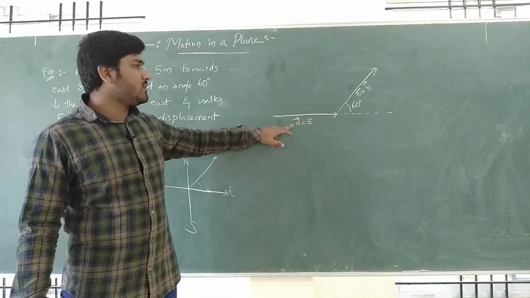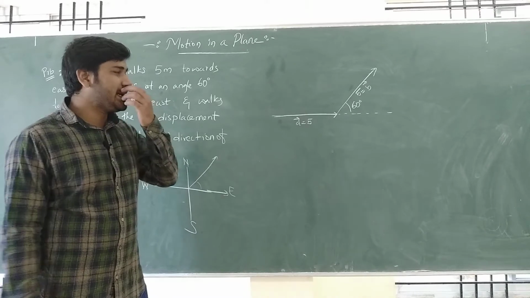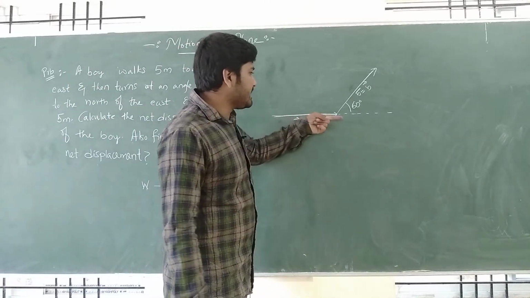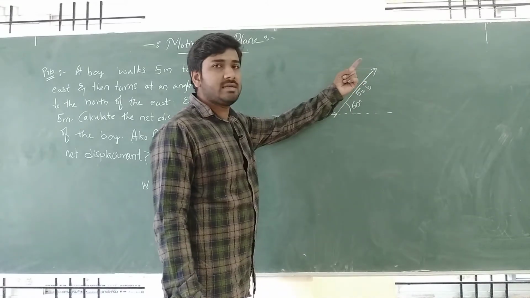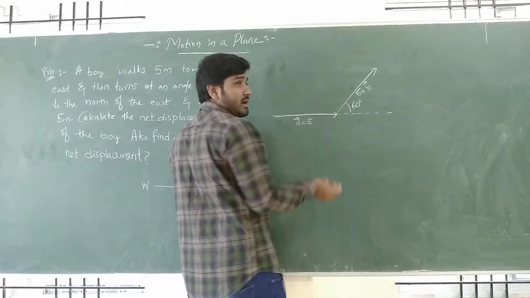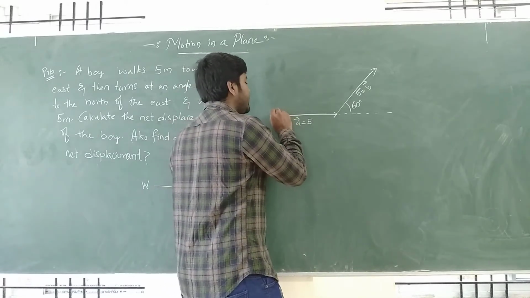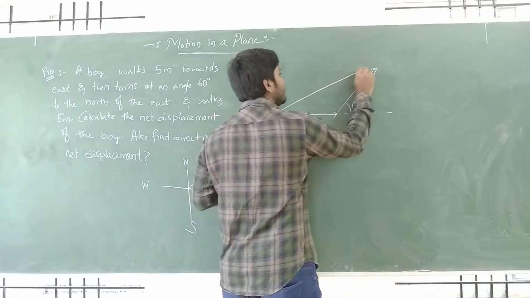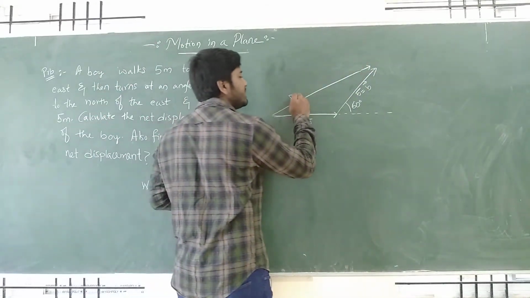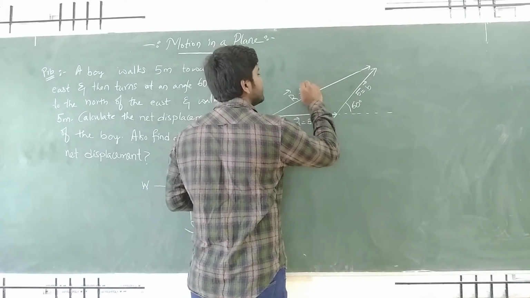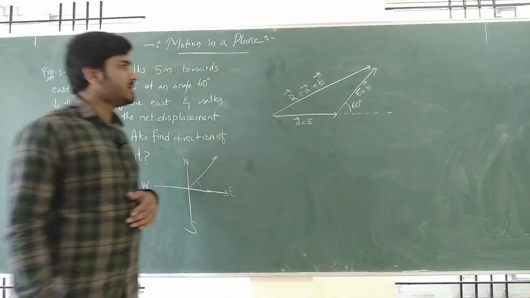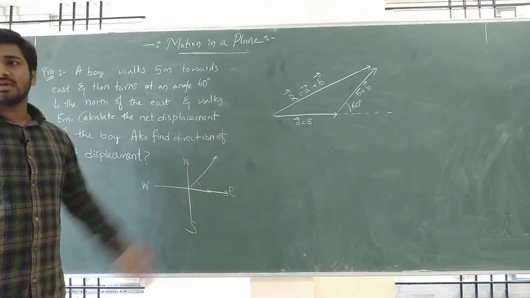So what we have to do? We have to calculate the net displacement. So for that we have to go for the resultant vector. See, one vector is going like this, one vector is like this, and these are in order. So finally we can apply the triangular law of vector addition. The resultant vector will be from here to here. So this will be the resultant vector, and this gives R is equal to A plus B. Correct? Simple triangular law of vector addition, you all know.